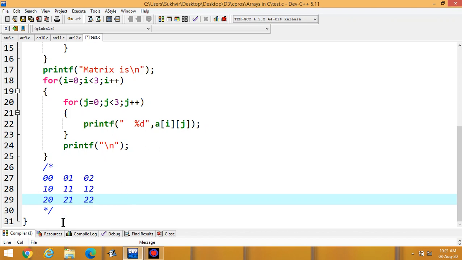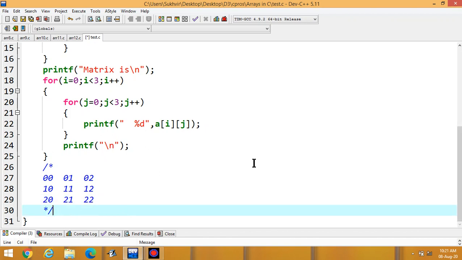These are basically the positions of the elements of the 3 into 3 matrix. First is 0 0. You can write 1 here also. If I write 1 less than or equal to 3, then I can execute as 1 1, then 1 2 like this. Because the starting position is 0 0, that's why I have written 0 0.